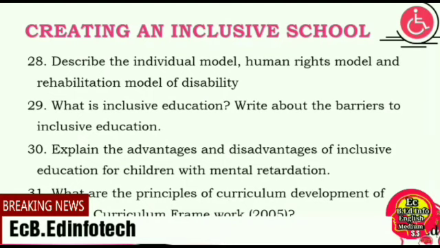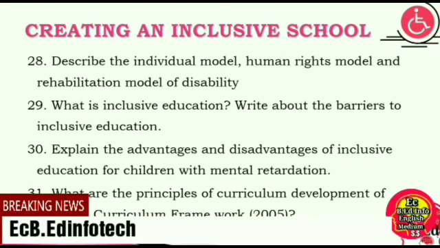29. What is inclusive education? Write about the barriers to inclusive education. 30. Explain the advantages and disadvantages of inclusive education for children with mental retardation. 31. What are the principles of curriculum development of National Curriculum Framework